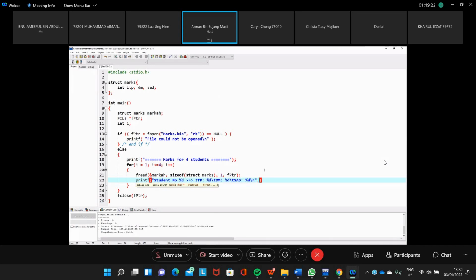We have how many? 1, 2, 3, 4. This is i for student number i, and then ITP. We get it from the markah: markah.ITP, then markah.discrete mathematics, and then markah.SAD.